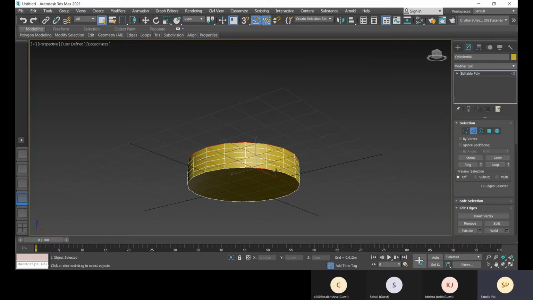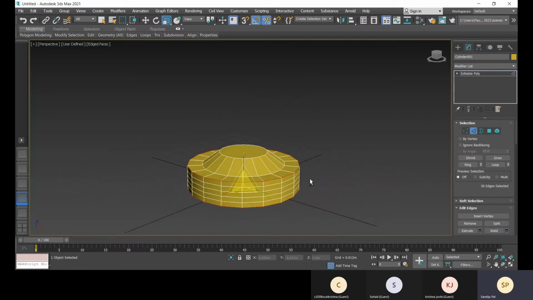So you have to hold shift and click, and just holding shift, don't click and drag, just drag the selection. When you get the selection, you just have to click. Okay, now these are selected. Press R for scale. What I'm going to do is scale it. Okay, I have done this scale. You can scale it in the Z direction only.